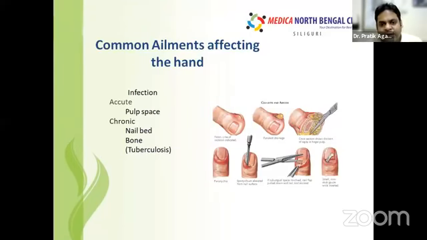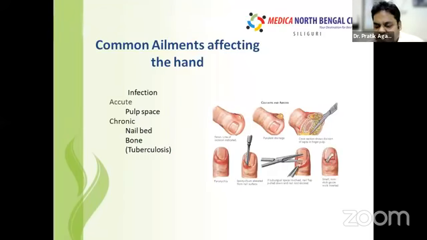Second most common is infection. It may be either an acute infection or a chronic infection. Acute infection, as many of us are aware, can involve the pulp of the fingers or the nail side of the nail bed. It is quite common, and in such cases, if the pain is quite